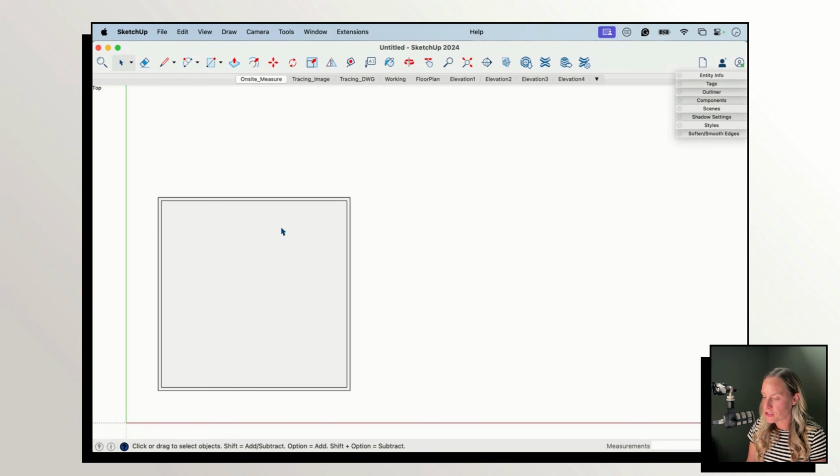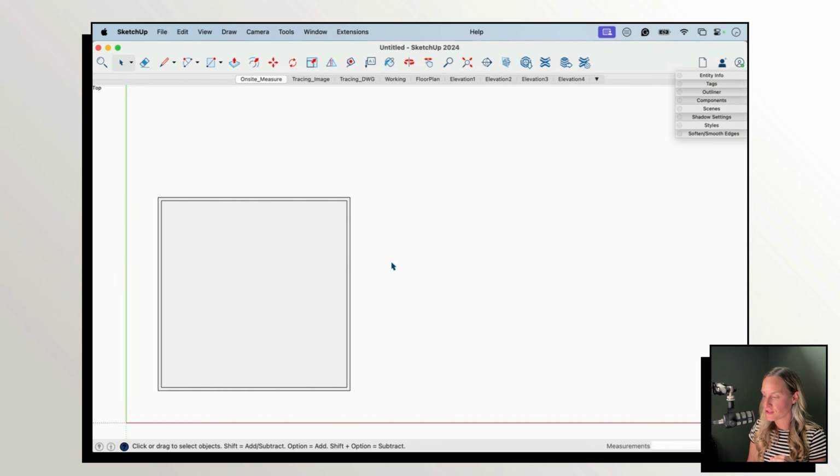So our on-site measure is if I am the first one on the project and I am taking measurements and drawing it directly into SketchUp. This scene here really reflects the plan view, the default template that SketchUp provides us with called plan view inches, but there are a few changes. So I do have a white backdrop. I'm starting in top view, but the difference is that my face style is slightly gray and my edges have